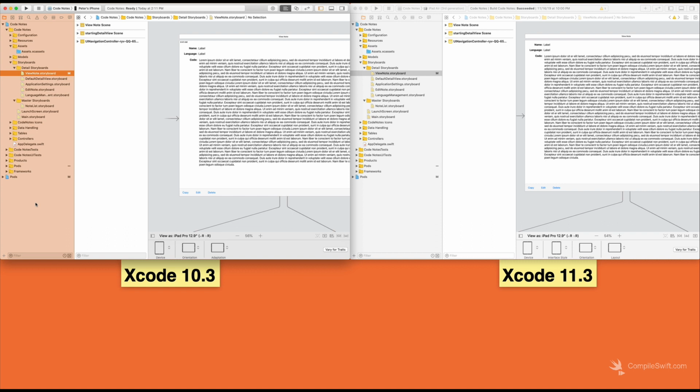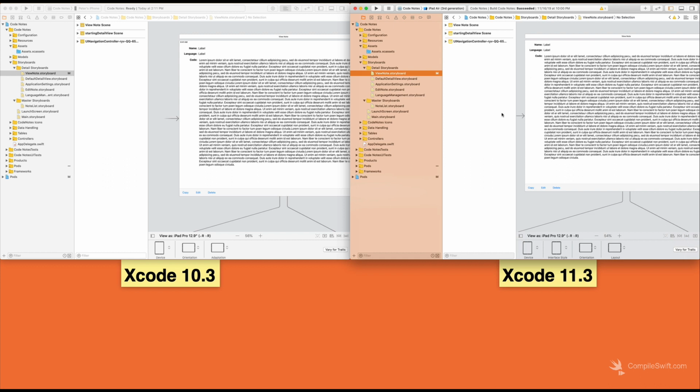The problem becomes that if you then take that same code base and you build it in Xcode 11, which supports Swift 13, you're going to get this dark mode that comes along with it. But of course, you don't have any dark mode support. So what happens? Well, this is one you may definitely want to check out the video for, because what we